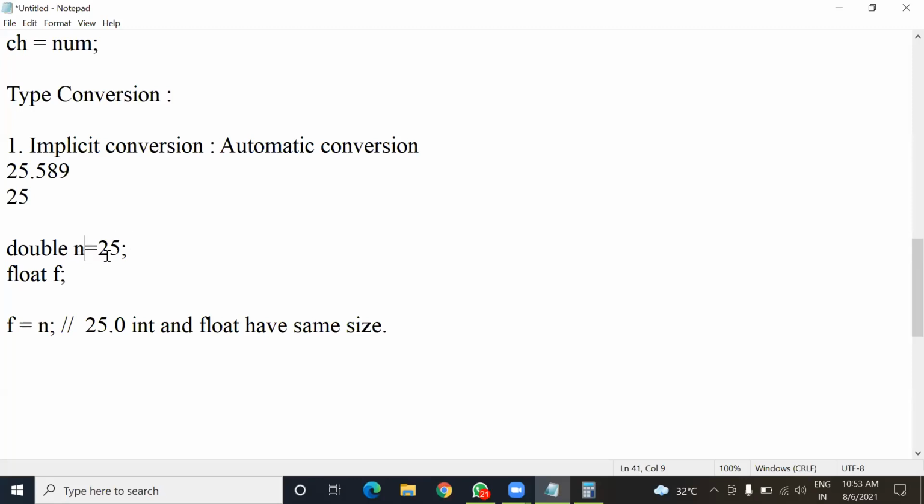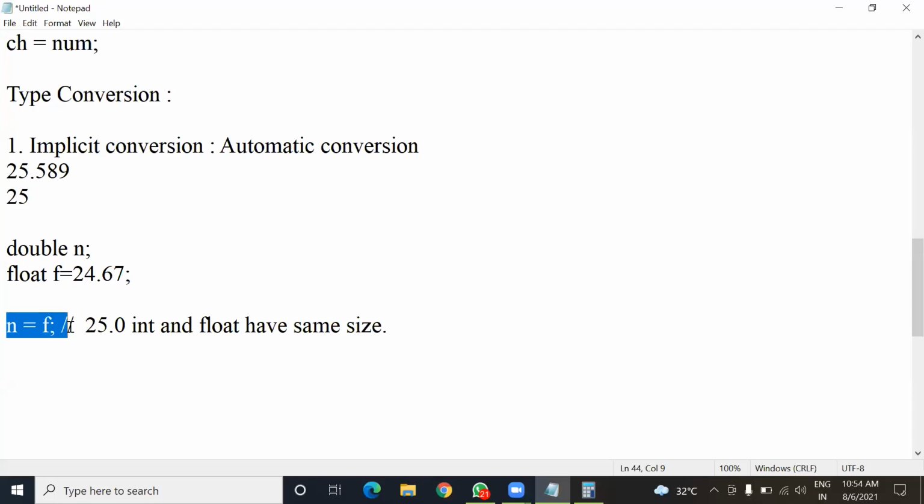Now I am trying to store a float value inside a double variable.